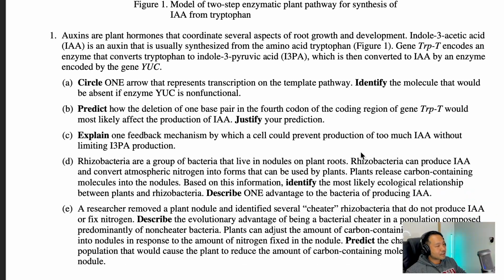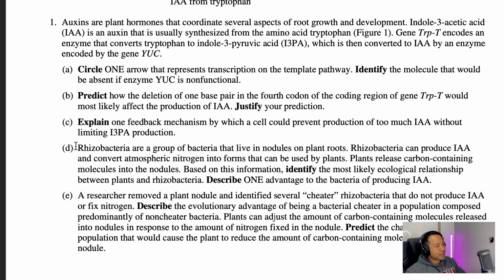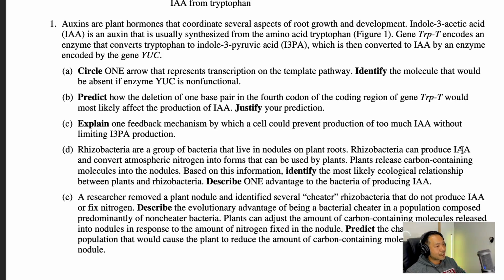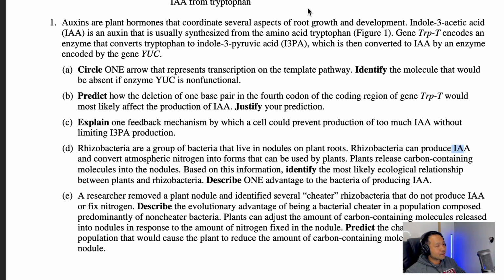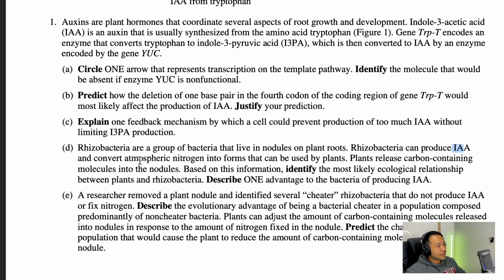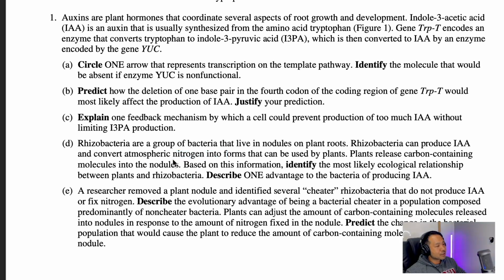Okay, let's look at the next one, which takes us away from molecular biology, it looks like, and probably into ecology. Let's take a look. Rhizobacteria are a group of bacteria that live in nodules on plant roots. Rhizobacteria can produce IAA and convert atmospheric nitrogen into forms that can be used by plants. So they actually have a couple of things that they do. They can stimulate root growth, which is interesting. And they also are nitrogen-fixing bacteria, which are interesting because remember that in symbiosis,